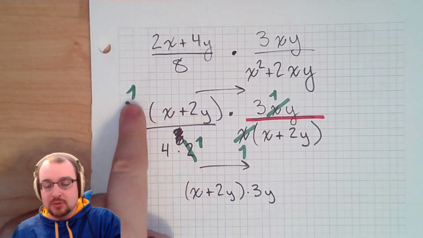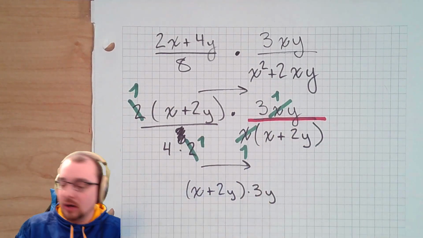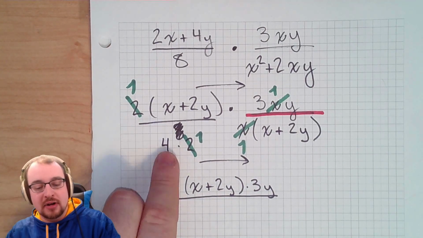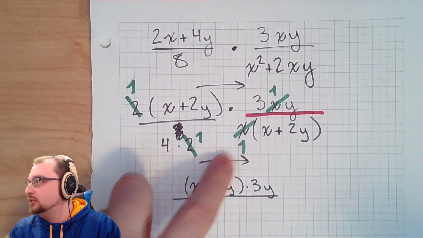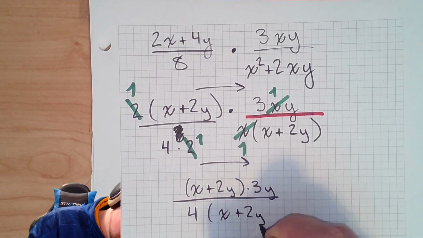That whole thing times 1 is just that, right? And then we're multiplying it by 3 times 1 times y, which is just 3y, all over. In the bottom we have 4 times 1, which is 4, times 1, which is 4. And then we're multiplying it by x plus 2y. And at this point,